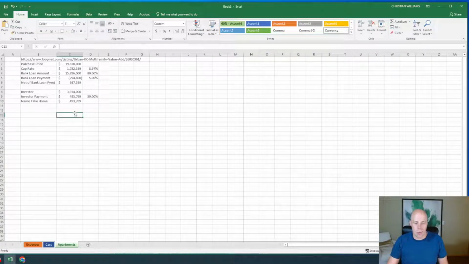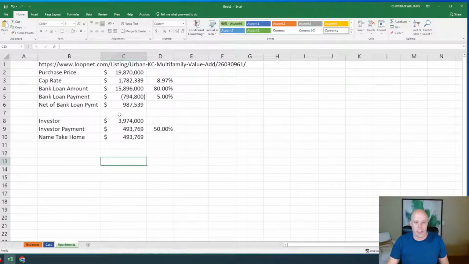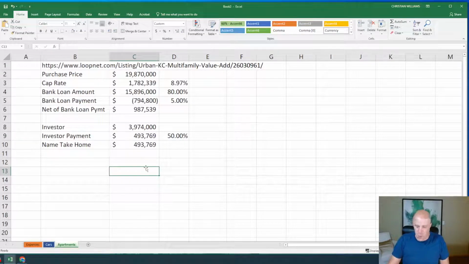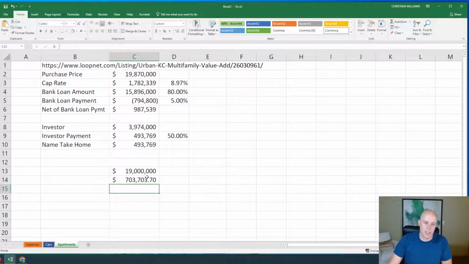So if I just do some quick math on that, let me just zoom in here. I should have zoomed in earlier, sorry guys. But if I do 19 million divided by 27, and this is if you did straight line depreciation, there's a lot of other things to this, but that would basically mean that you could write off $703,000 a year